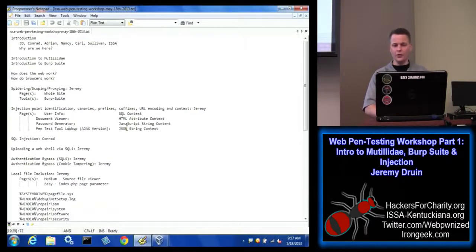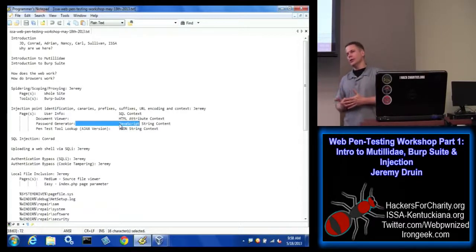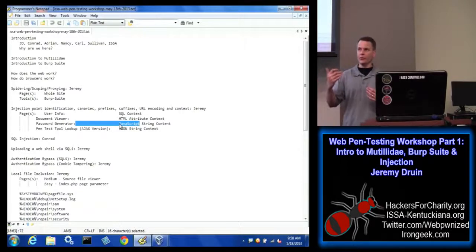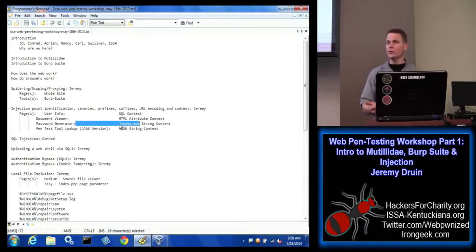Okay, there's a few other contexts. There's the JavaScript string context where we land in the middle of JavaScript as a string. So for example, you can have PHP write JavaScript, and perhaps you might take in the username or other field from the user and then drop that username in as a JavaScript string, var a equals whatever the username is, and when PHP renders that JavaScript, it'll hard code that value into the JavaScript string. So we might land in the middle of JavaScript.